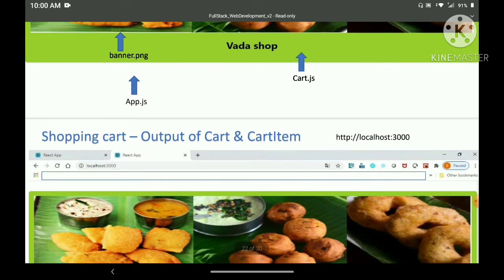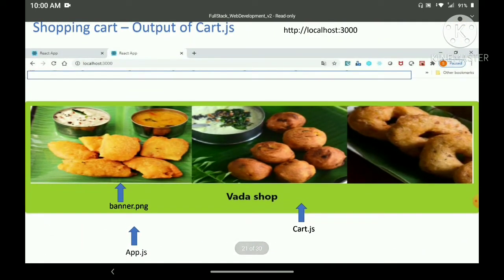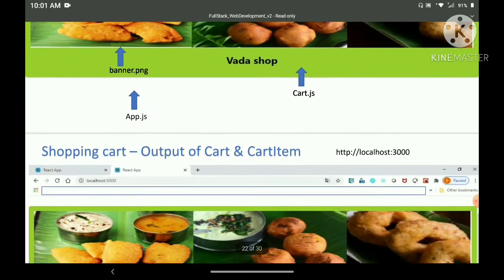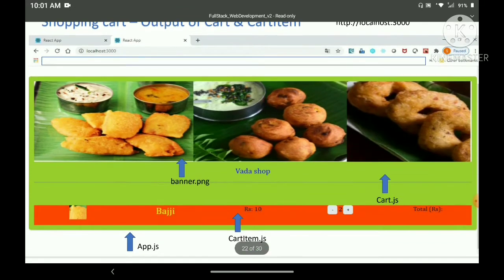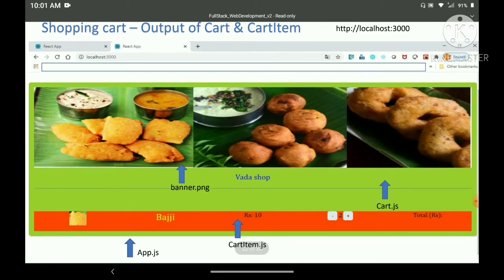Okay, this is the simple page, but in the shopping cart sites we need to display a list of items, right? We just display only the banner. We need to list out what all the items are that we are going to sell. For example, I am going to sell only one item. So let's move on to the next slide, because I will tell how we can include a number of items. In this screen I just include only one item, that budgie.